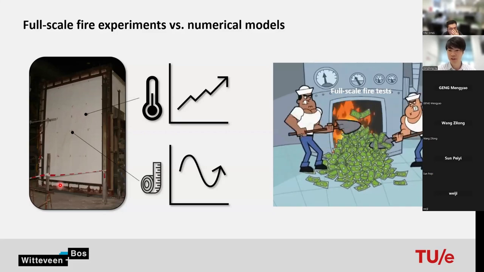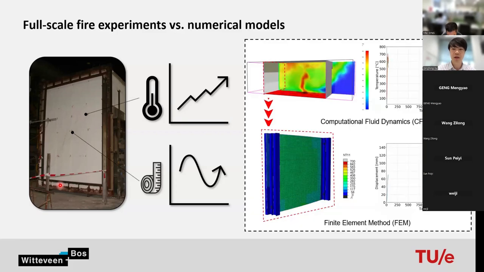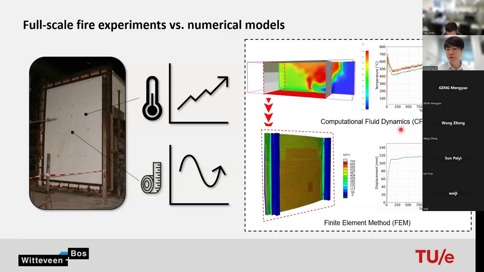in the furnace. So the best alternative to a full-scale fire resistance test is doing simulations, where we can simulate the fire by a computational fluid dynamics model, and simulate the structural deformation by the finite element method. The reason why we cannot put them together, but do it sequentially, is because the governing equations for these two physics problems are different. So we first need to run the fire dynamic model, and then import the data to the finite element domain.